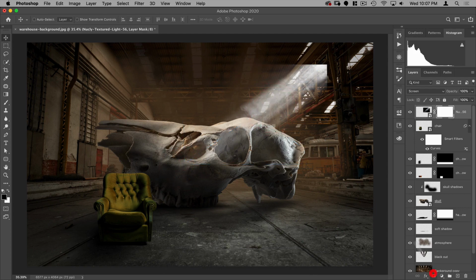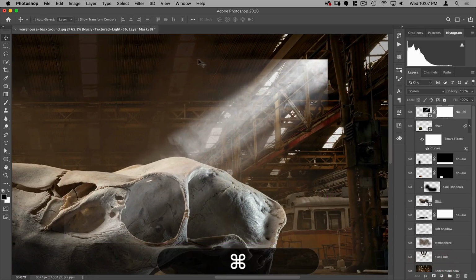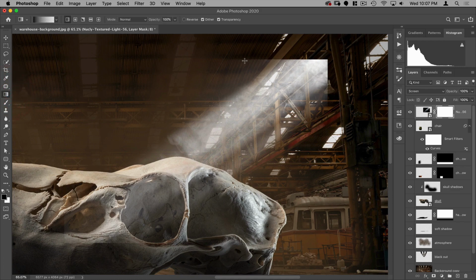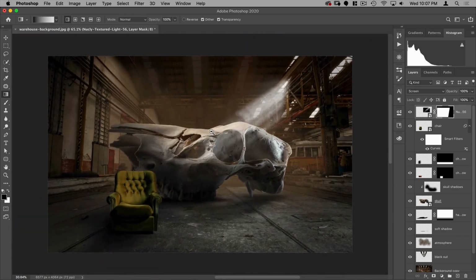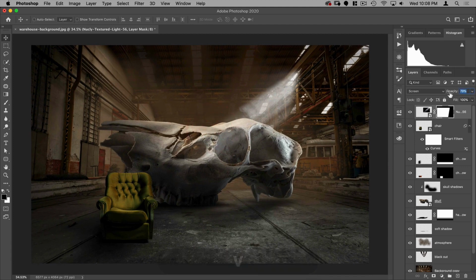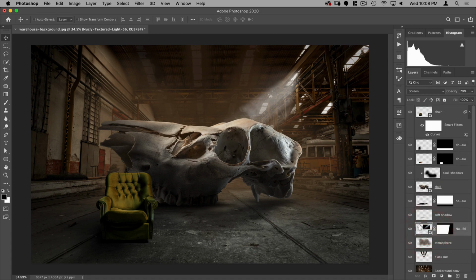All right, then I'm going to add a mask, and I want to get rid of this little hard line there. So again, I'm going to go to my gradient tool and just go from the top of that down. And then here, I want the light to be coming from here. So there really shouldn't be much of a light there. So something like that looks pretty good. And then we can take the opacity down on this a little bit. And for this one, I want it to be behind the skull. So we'll drag this to behind the skull here.